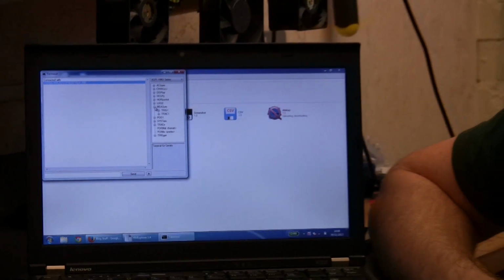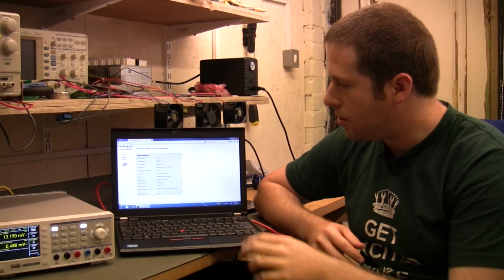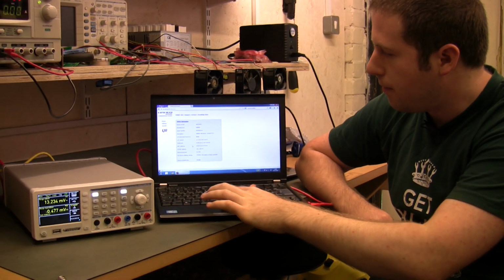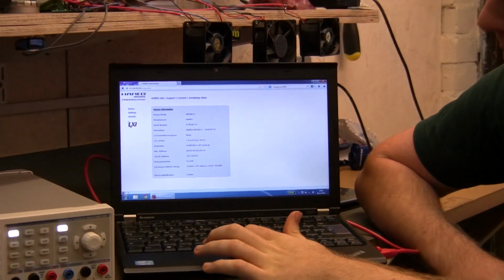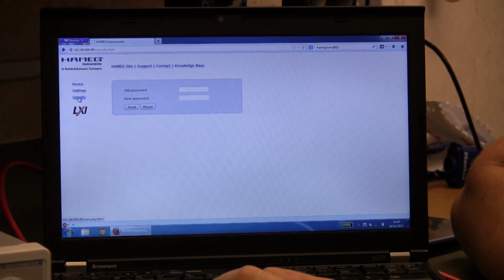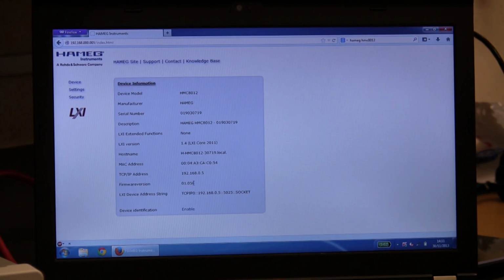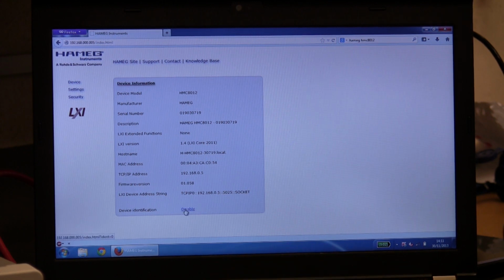So very nice, very solid software. Here we've just dialed into the onboard web server and see some fairly basic information. We've got information about the device, we've got settings which are mostly actual LAN settings, and you can also set up security. Quite useful if you've got it as part of an automated test setup with several instruments running at one time. You've got device identification, which just sticks a box up on the front screen of the